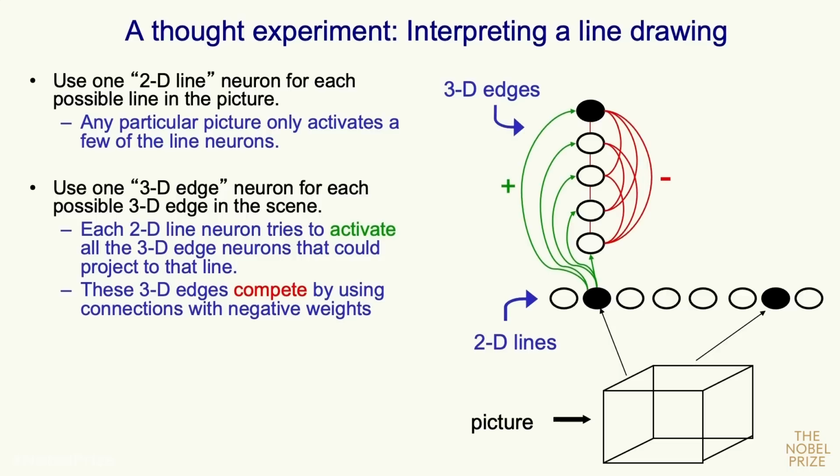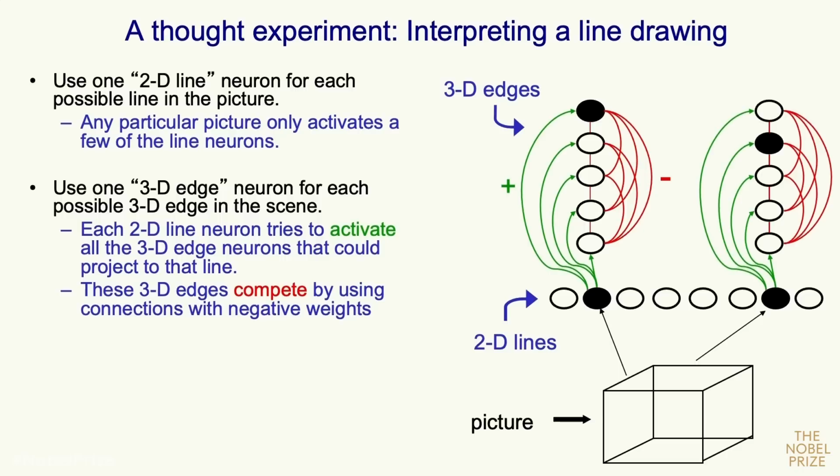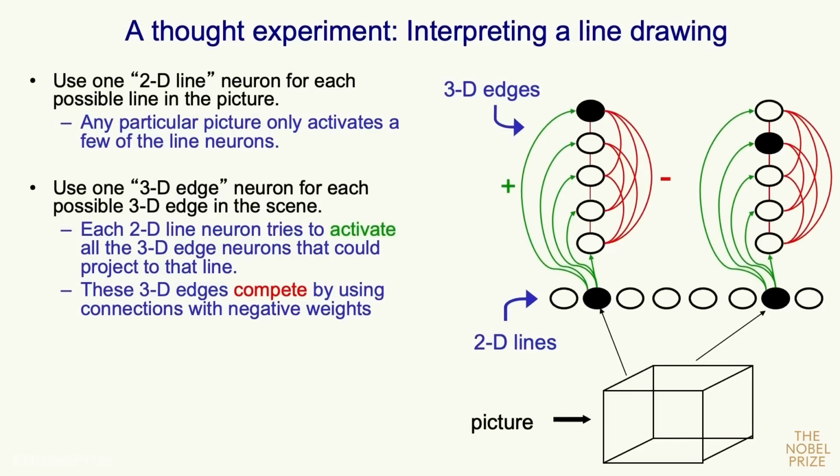So now we've captured a lot about the sort of optics of perception. We do that for all of our line neurons. And now the question is, which of those edge neurons should we turn on? For that we need more information, and there's certain principles we use in interpreting images. If you see two lines in an image, you assume that if they join in the image, they join in depth where they join. That is, they're at the same depth where the two lines join in the image. So we can put in extra connections for that.